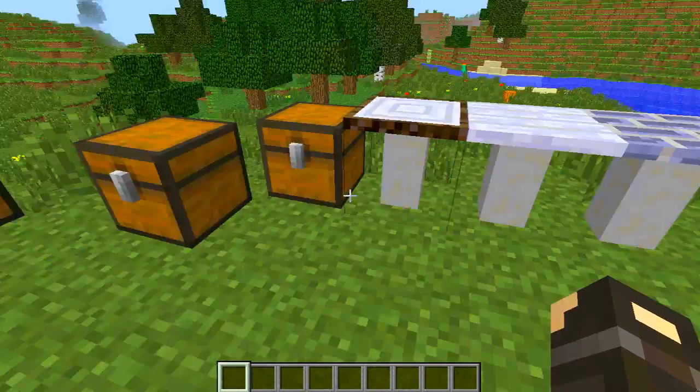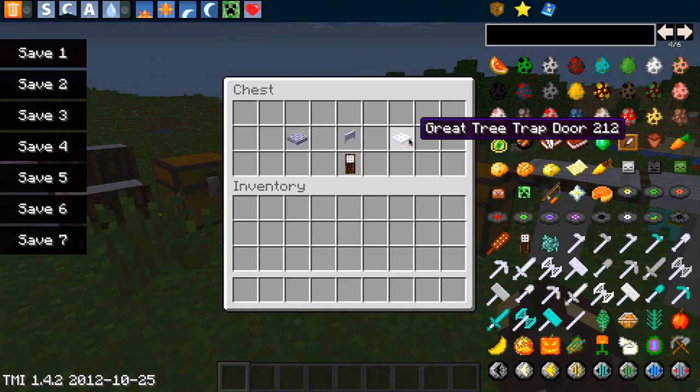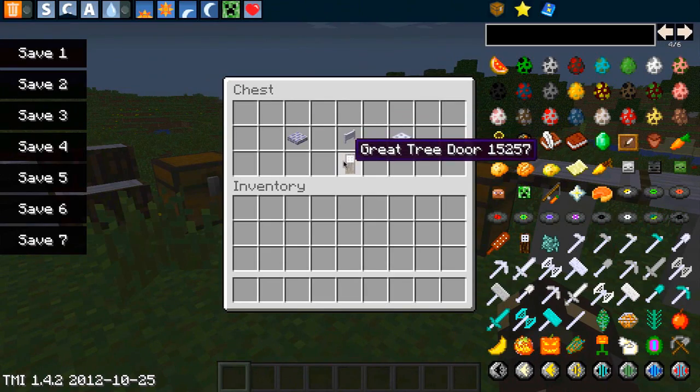So, stuff like fence posts, pressure plates and trapdoors and fence gates, and all that good